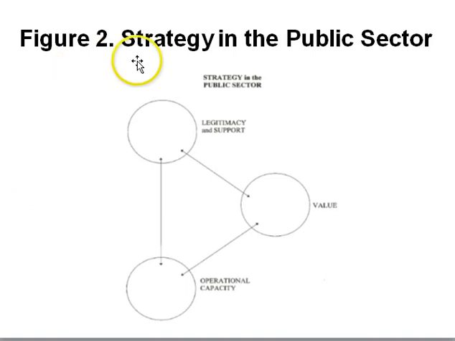And next, the strategic triangle made by the Kennedy School. This is about strategy in the public sector. First, there are three different key factors, which include values, legitimacy and support, and the last one, operational capacity. So when you think about contracting out in local and state governments, there are values which include cost effectiveness, which means cost saving,